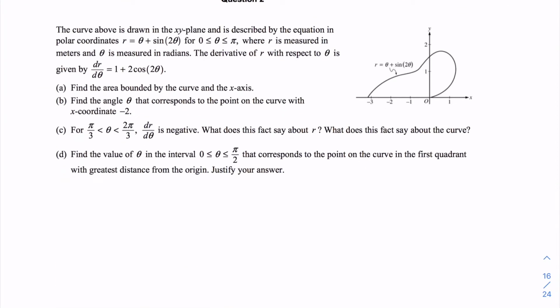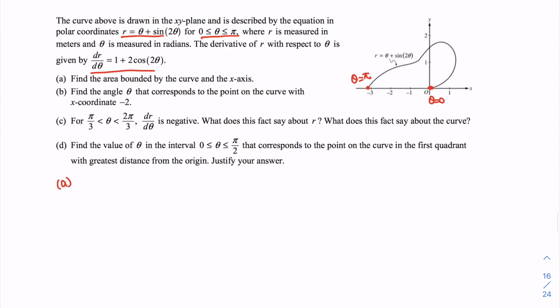If you look at this problem, given r and theta equals 0 to pi, dr d theta is given. So when theta equals 0, it starts from here, and when theta equals pi, it's here. So part A, find the area bounded by a region. So if we draw a ray, you see, the ray covers the area. So that's exactly our formula. A equals 1/2, integral from 0 to pi, r squared d theta. You can plug this into your calculator. This will give you